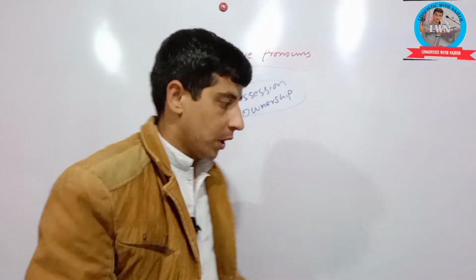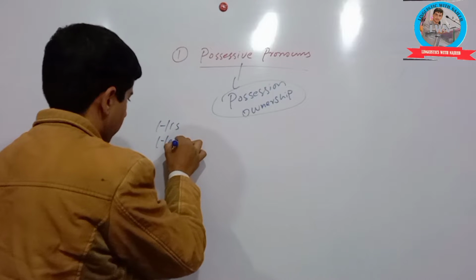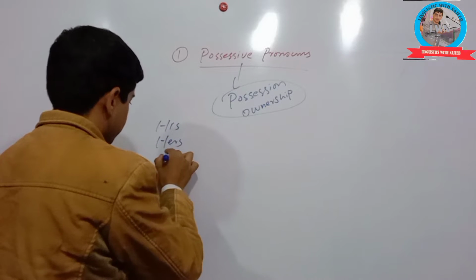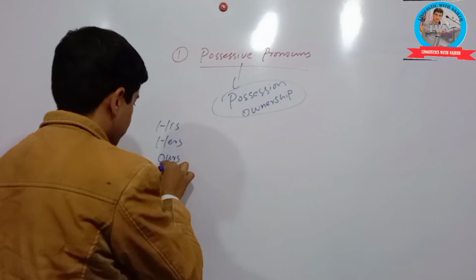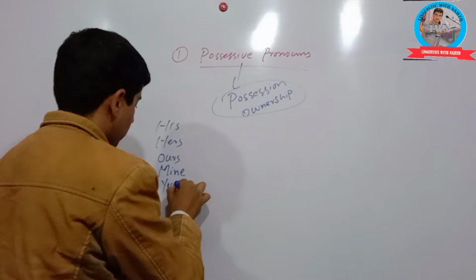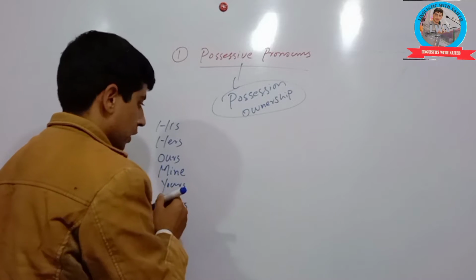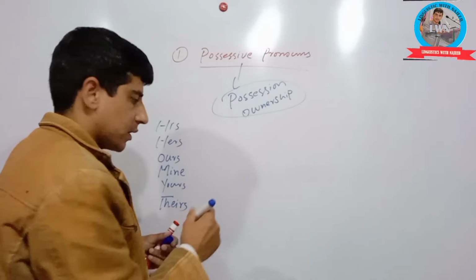For example, we have his, hers, ours, mine, yours, and theirs. According to some grammarians, it